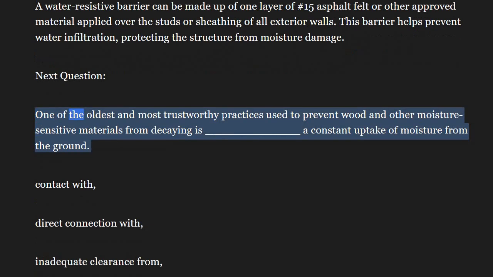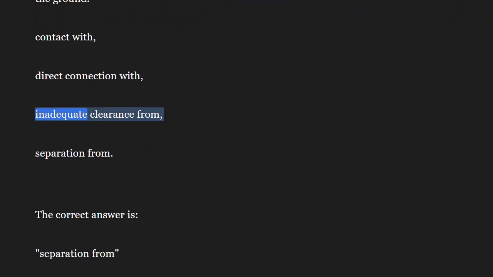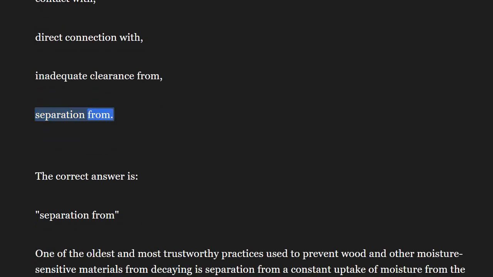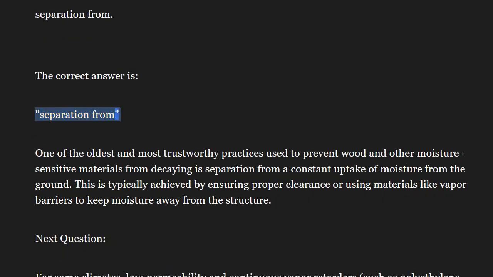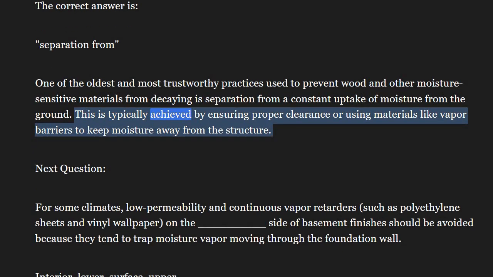Next question. One of the oldest and most trustworthy practices used to prevent wood and other moisture-sensitive materials from decaying is blank a constant uptake of moisture from the ground. Options: contact with, direct connection with, inadequate clearance from, or separation from. The correct answer is separation from. One of the oldest and most trustworthy practices used to prevent wood and other moisture-sensitive materials from decaying is separation from a constant uptake of moisture from the ground. This is typically achieved by ensuring proper clearance or using materials like vapor barriers to keep moisture away from the